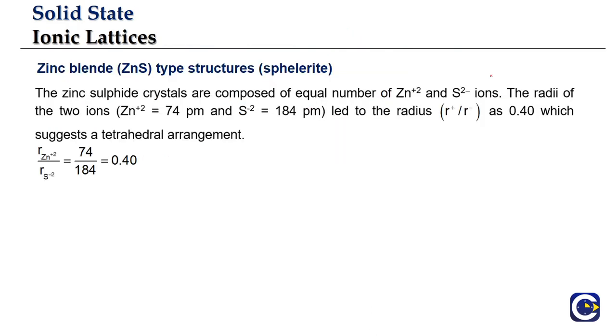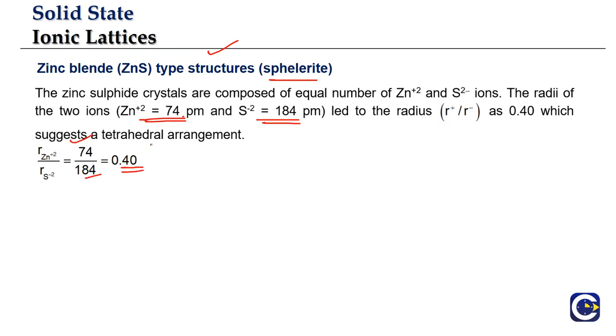Now we'll come to the zinc blende structure or sphalerite structure, the normal zinc blende structure. From here onwards we'll have mostly theoretical questions. What happens in a normal zinc blende structure is that the composition of the zinc blende will depend upon the radius of the cation and radius of the anion. So if you look at the radius of the cation, which is zinc 2 plus, it is 74 picometer. Radius of the anion is 184. So the ratio will be 74 by 184, it will be 0.4.